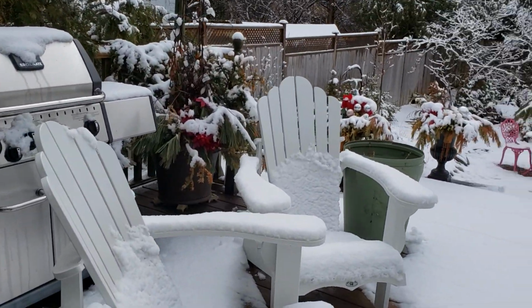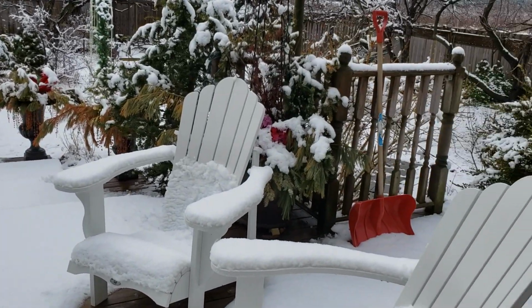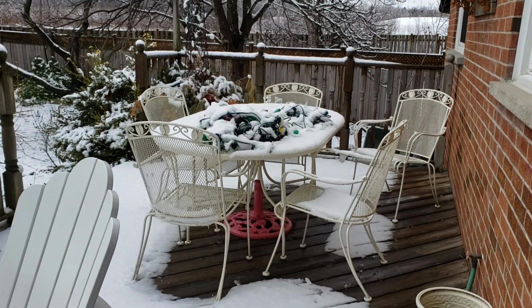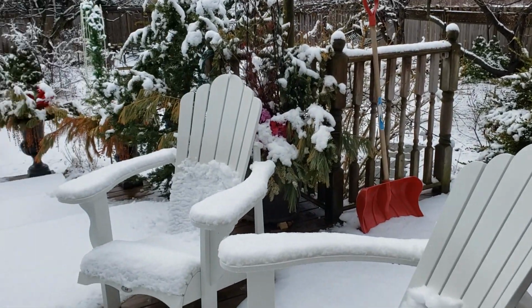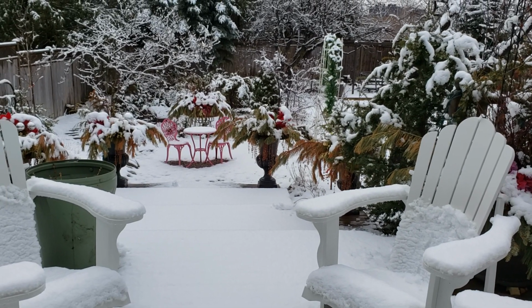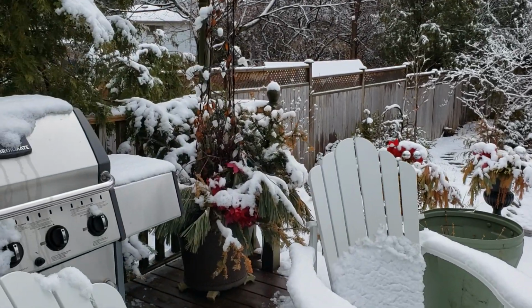We leave our chairs out here all season long as well. I'm going to pan the camera, as well as our set here. Everything stays out here and I freshen it up with new coats of paint if it needs it, which it usually does every year. In terms of the structural elements, I have lots of the baskets. We leave them out here all winter long. You can see that each one has